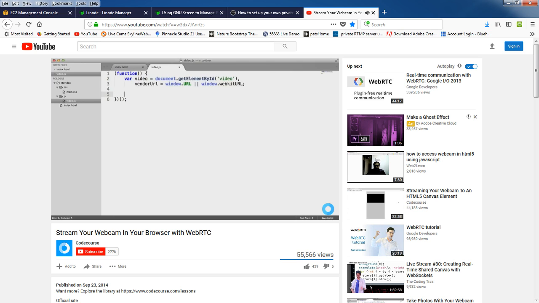So now that we've got this, what we need to do next is determine the namespaced function for getting media, or the method for getting media, and that's exactly the same as with the vendorURL. This is under navigator this time. So we're going to basically assign something to navigator.getMedia. So we're going to overwrite this with the browser specific vendor